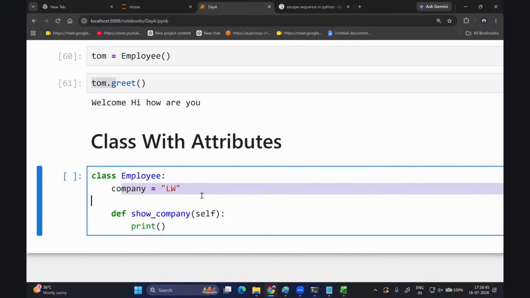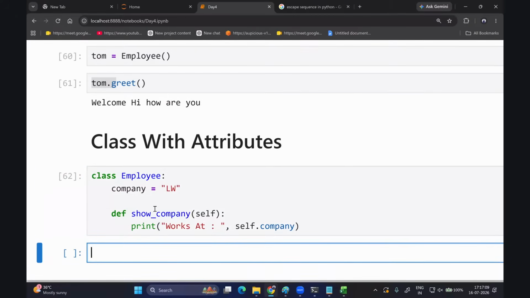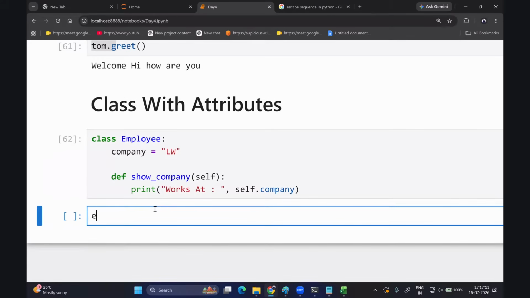So it's an attribute created here. I'm telling it to print the worker name, so worker works at, and maybe the company name. In this case, I want to retrieve this variable. So there's one keyword called self keyword. Inside self keyword, I'm telling I want to retrieve the variable called company, right? So that's it. So whenever employee one is created here, I'm creating it with the employee class,